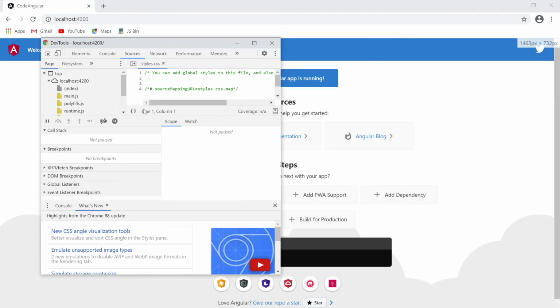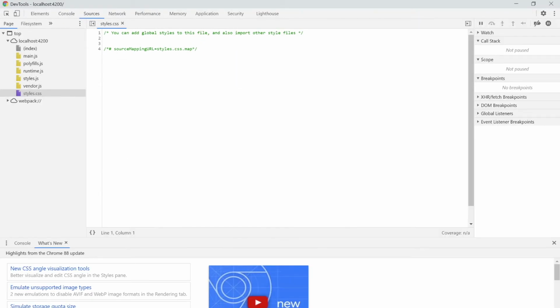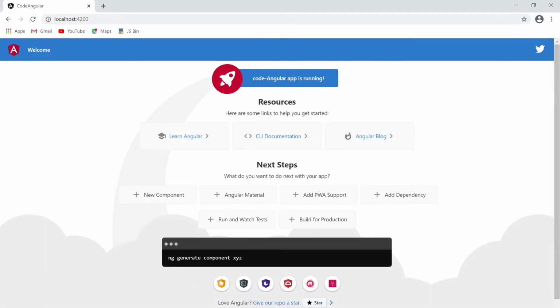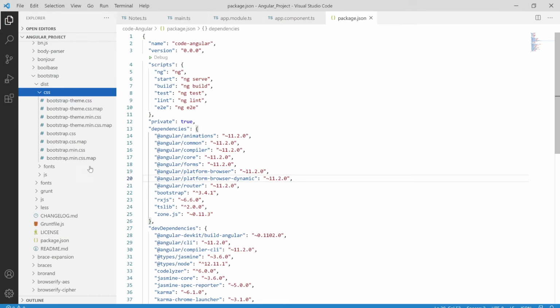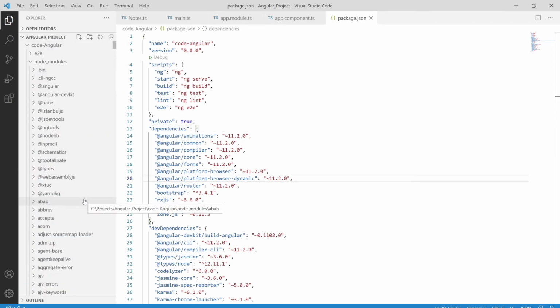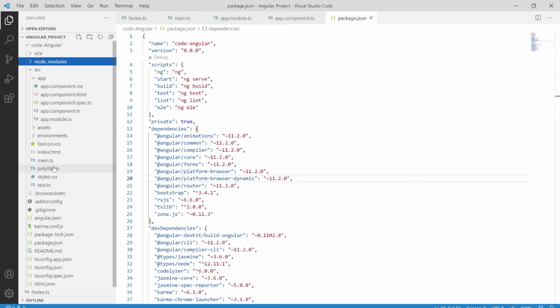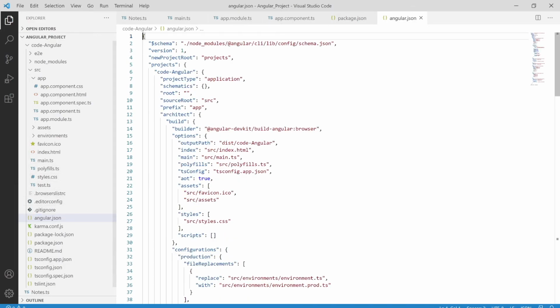See over here, as you can see, you can add global styles to this file, but it's not using our Bootstrap framework. So we have to tell Angular, hey, I have installed our Bootstrap framework and you are going to use it. So here, let me minimize this and move towards angular.json. Don't worry if you don't know all these files, it can be a bit tricky. I will put the file name in the description below. You can go and check that out also.